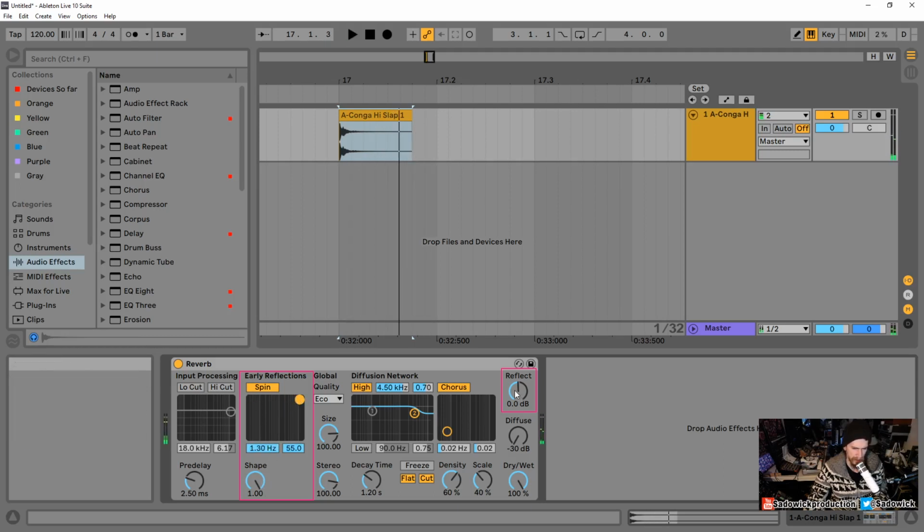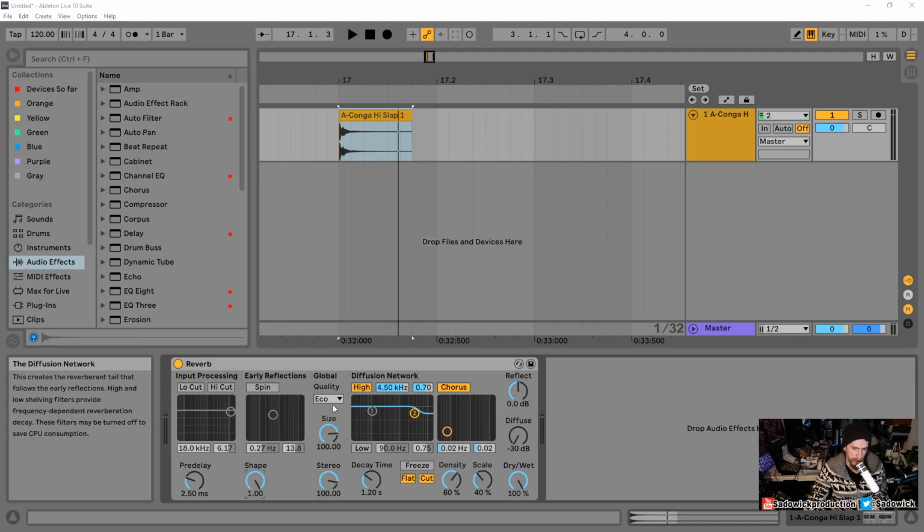Right, so you can hear that modulation. It's almost chorusy, but it's kind of interesting, right? I usually have spin off, just because it can accumulate and sound weird. But yeah, shape makes it kind of less dense. This makes it more dense, right? And that's kind of important. So let's move on to the